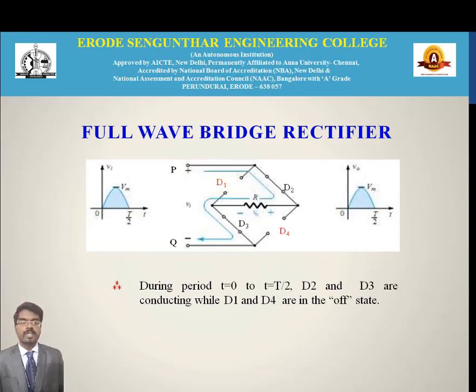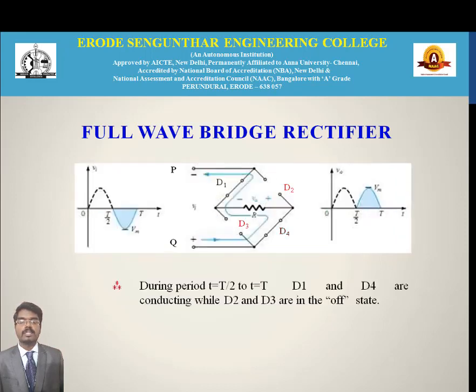in on state, and the current flow will be from P, D2 through the load resistor R, D3 and ends at Q. For the negative half cycle, that is during the time period T by 2 to T, P will be negative, Q will be positive, and D1 and D4 will be in on state, and D2 and D3 will be in off state, and the current flow will be from Q, D4 through the load resistor R, D1 and ends at